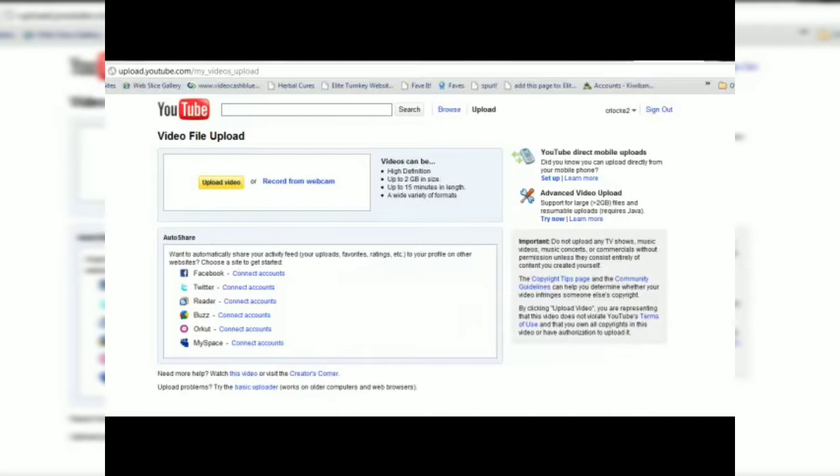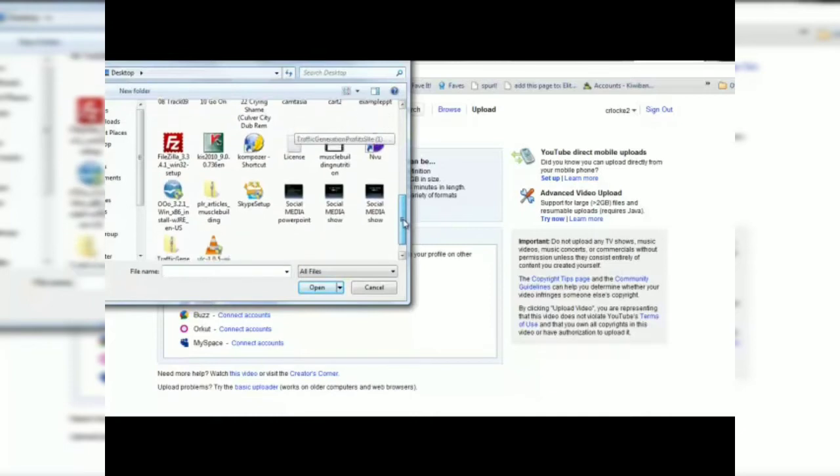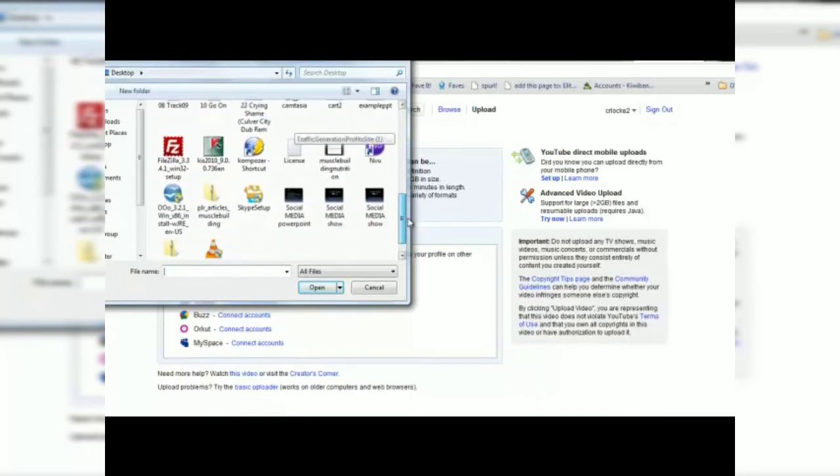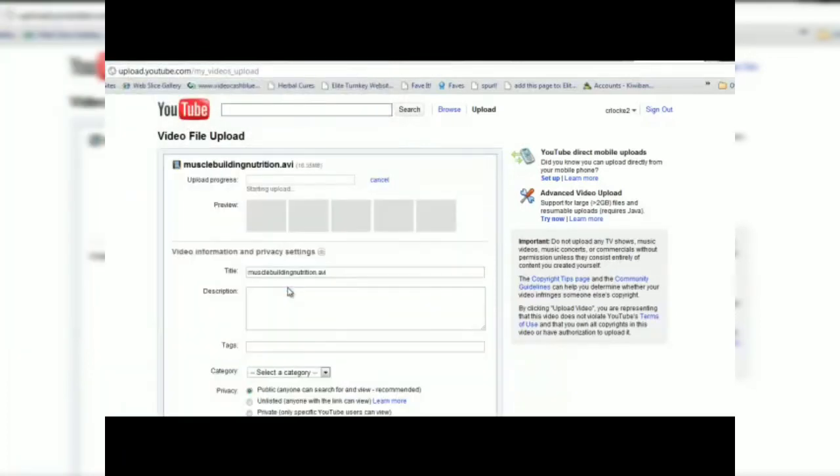So you can sign in using your YouTube account or your Gmail account, and we're just going to click on upload video and just select the video. Oh, here it is. Okay, and you can see the progress bar here. It'll show you when your video is uploaded,